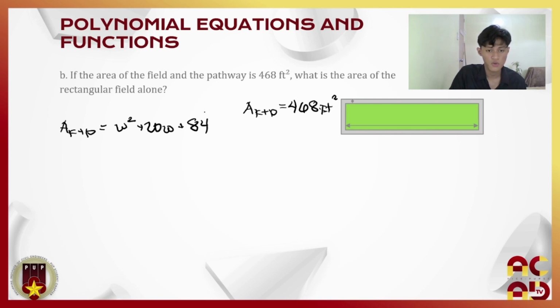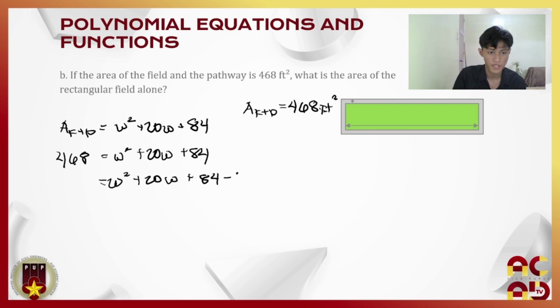So ipa-plug natin tong value na to dito sa function na meron tayo. So magiging 468 is equals to w squared plus 20w plus 84. So tanggalin muna natin yung feet squared in order for us to solve this smoothly. Na-transpose natin yung 468 from the left to the right hand side. Magiging w squared plus 20w plus 84 minus 468. And then i-combine natin tong constant, w squared plus 20w. So 84 minus 468, we have negative